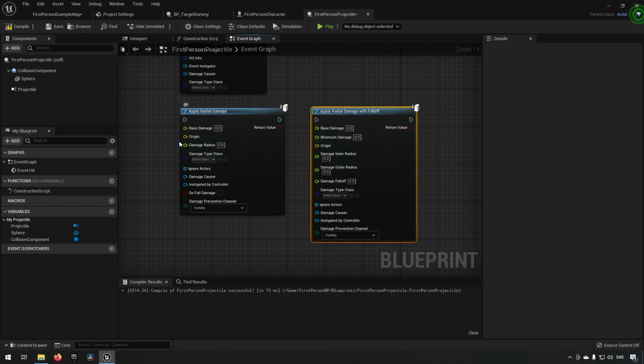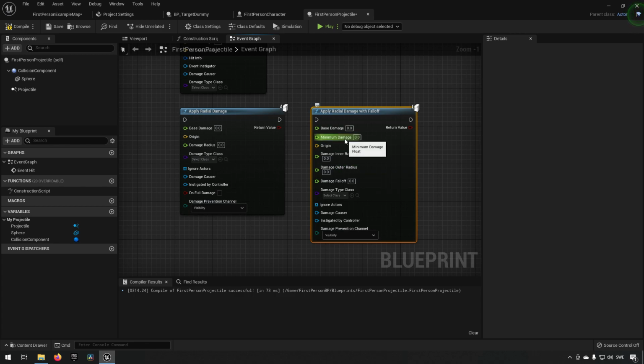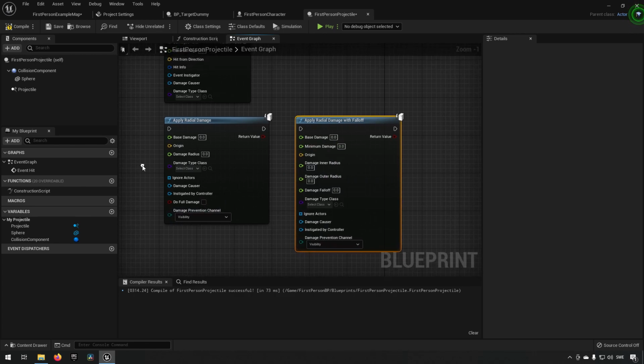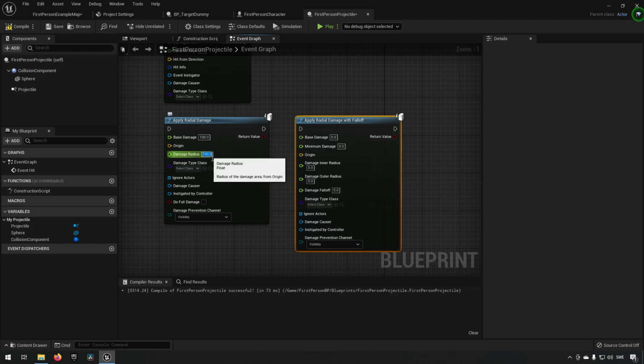few more pins. You can see after origin, it changes. You have the base damage on both, you have the origin on both, but here there's a damage radius, and over here you have an inner radius, an outer radius, and a minimum damage. How these work is, you have a damage, so let's say we put in 100, then 100 is the damage that you're going to be taking, and if we put a damage radius of 100, meaning 1 meter, that would be a sphere of 2 meters in diameter,